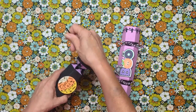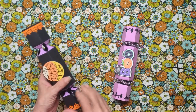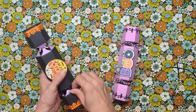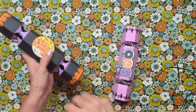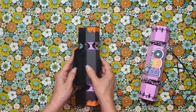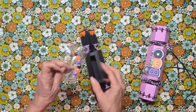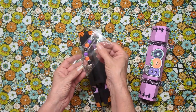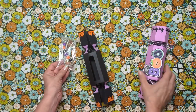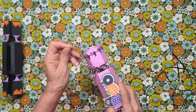But this is a little cracker box. This is Louise Beauregard. She's on YouTube as well, and she does a lot of Cricut designing. A lot. So you just untie those, and you just unroll this. And then inside, I made her a bookmark. Like I said, she loves to read. So I did this one as a Halloween bookmark. And then in this one,